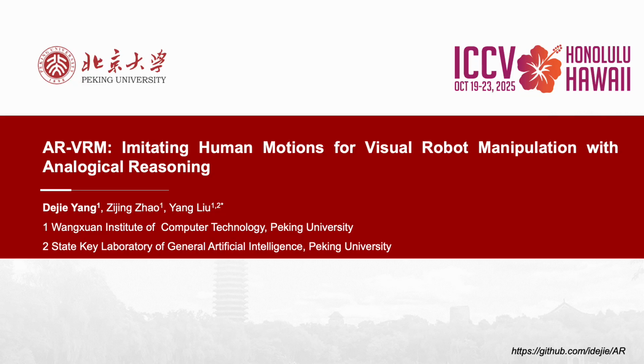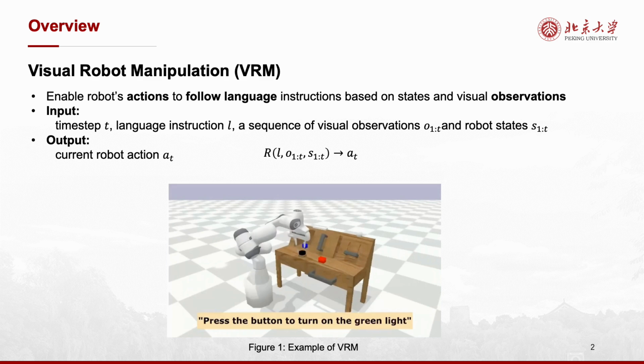Hi, this is Dejie. I'm glad to share our recent work at ICCV'25, imitating human motions for visual robot manipulation with analogical reasoning. Visual robot manipulation enables robots' actions to follow language instructions based on states and visual observations, where